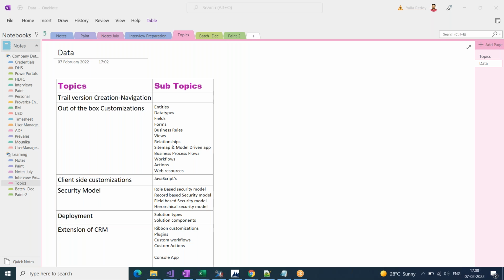Now, coming to what we are going to provide as part of the training. The very best feature of Microsoft Dynamics CRM is that Microsoft always encourages students, providing a learning path for everyone. That's why they are giving a trial version subscription. Earlier it was 30 days, now they have enhanced it to 45 days. So you can learn whatever is running in real time.